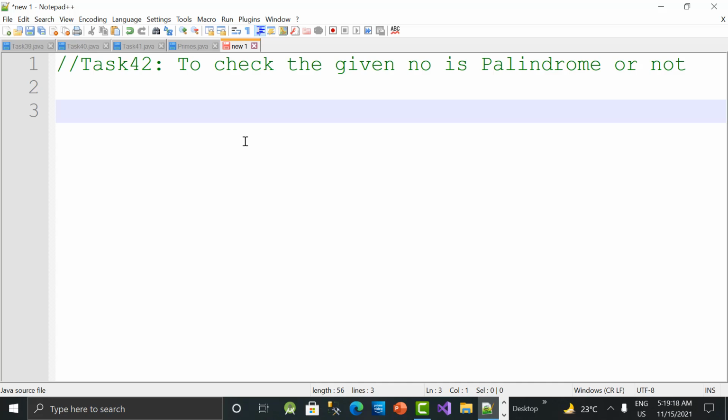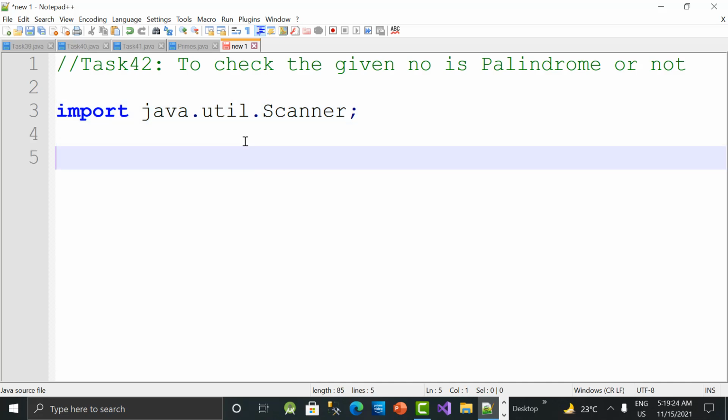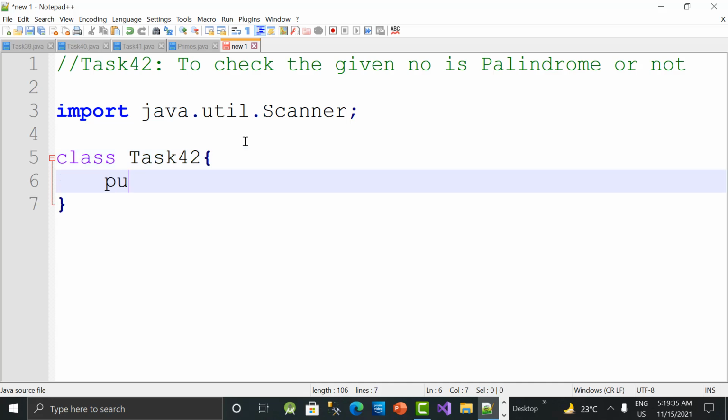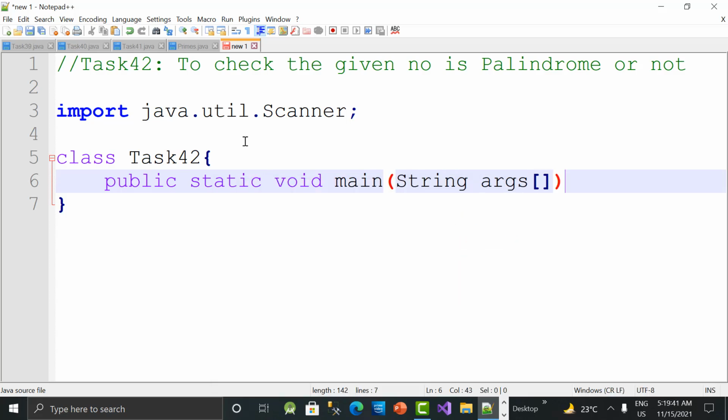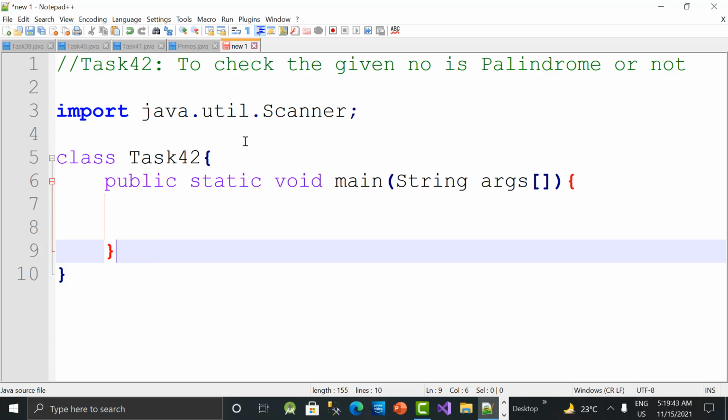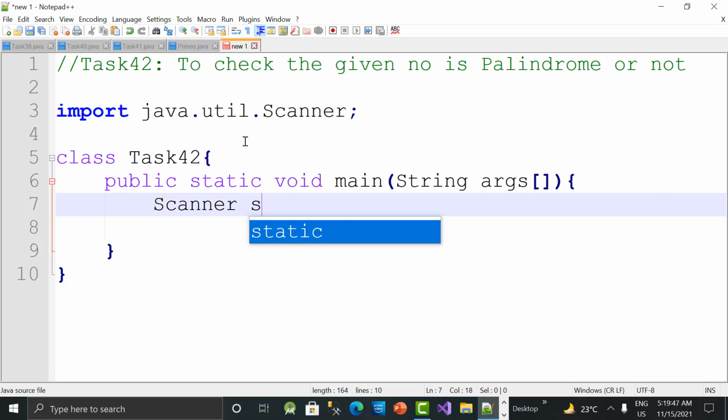Okay, so let's import java.util.Scanner class in order to read values at runtime, and then create a class called Task42, followed by creating the main method inside it. So public static void main(String[] args), command line arguments, and then here I'm writing the code, guys.